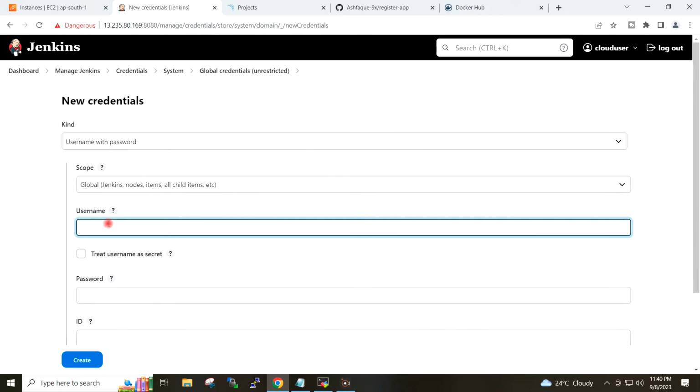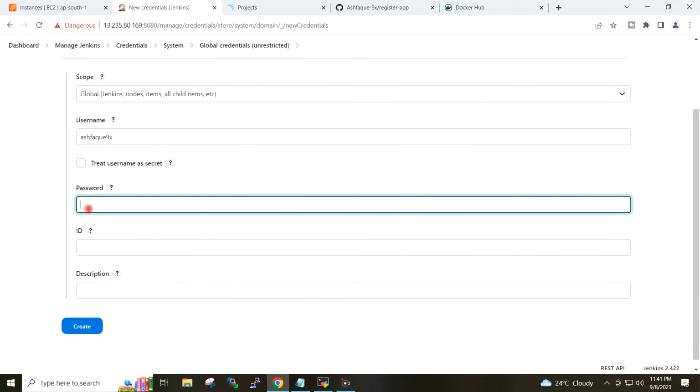Username, I will provide my username of the Docker Hub. Password, I will provide the access token.